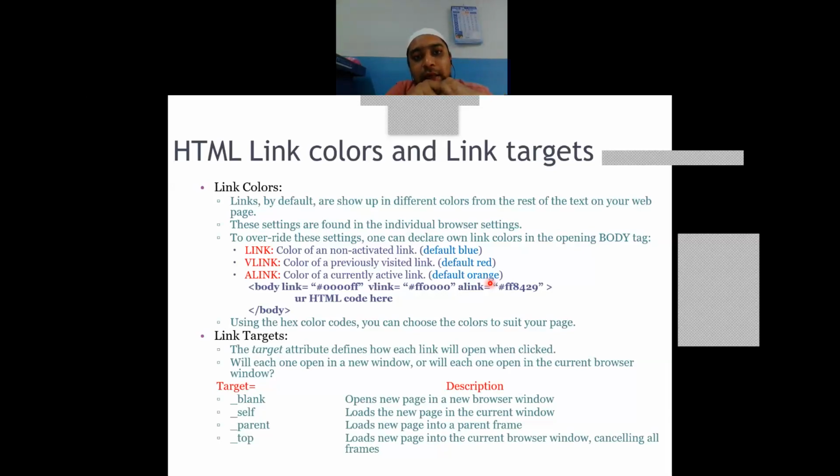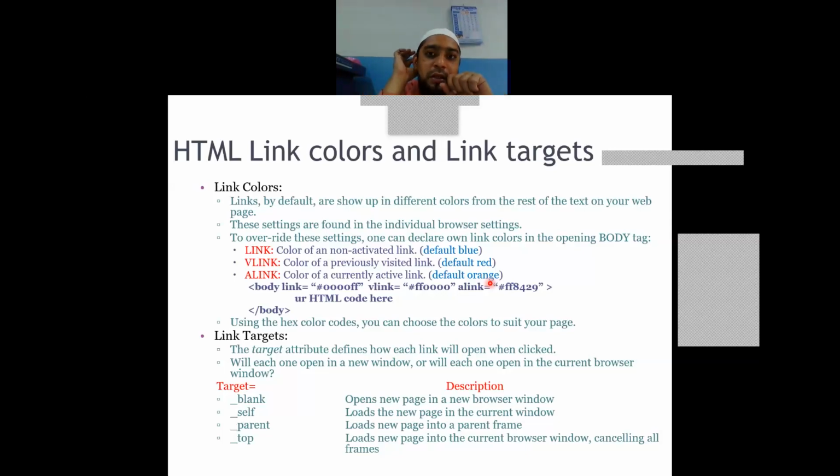As well, there is one more thing which you have to remember: is the page going to be navigated? Will the first page remain as it is and the second be opened in a new tab, or will the first page be taken out and the second file open in its place? How is it going to work?